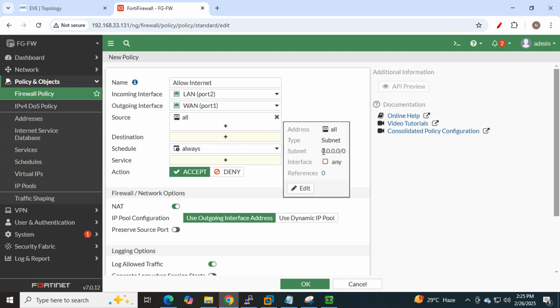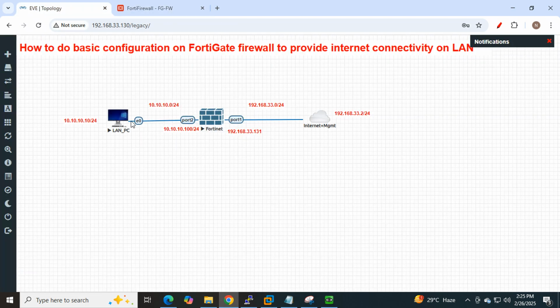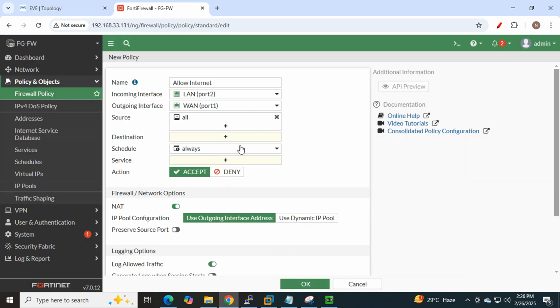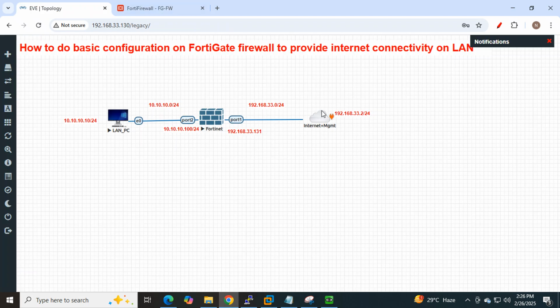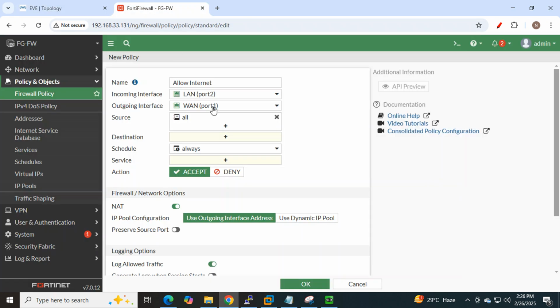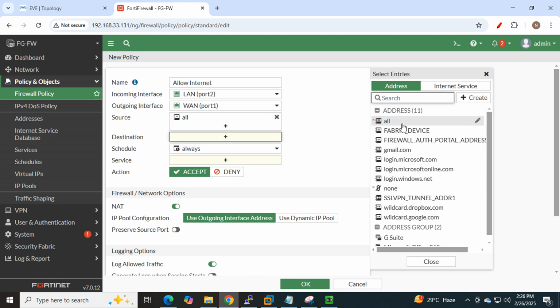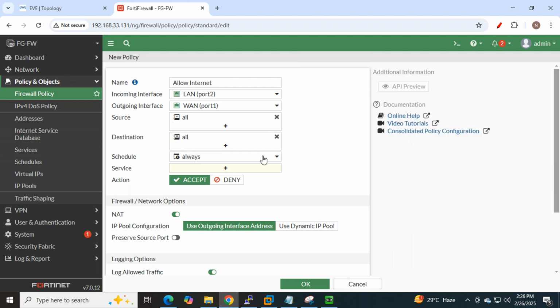And what do we mean by all? It's the default, meaning any IP. If the firewall gets the traffic, it is going to allow it for this particular rule. And what is the destination? As I already mentioned, we are going out to the internet, so we don't know the destination. So we are going to select all here. And what is the